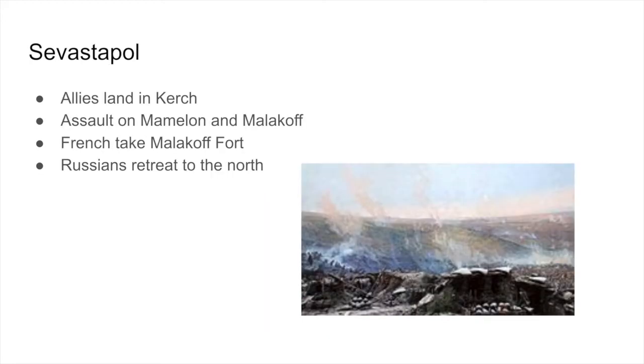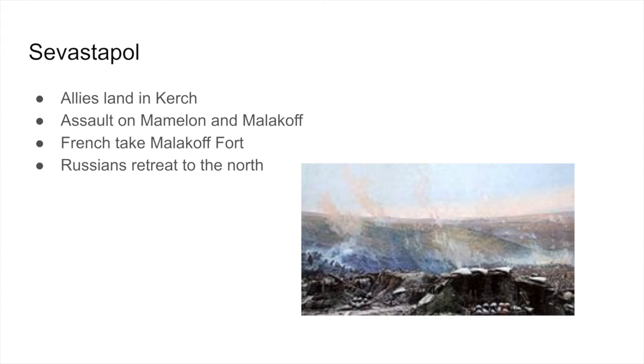Moving on to Sevastopol, the Allies landed in Kerch on the 24th of May, 1855. 60 ships with 7,000 French, 5,000 Turkish, and 3,000 British troops set off for a raid on the city of Kerch. The Allies were successful and opened a new front on the Crimean Peninsula, which also cut off supplies for the Russians. With a successful assault on Mamelon, the Allies attempted a follow-up